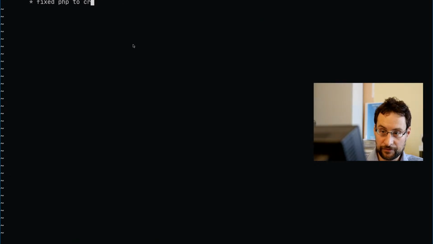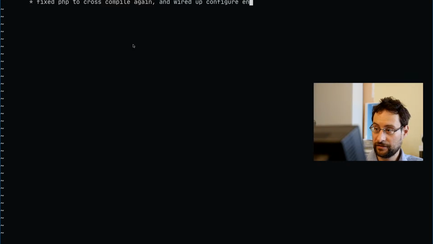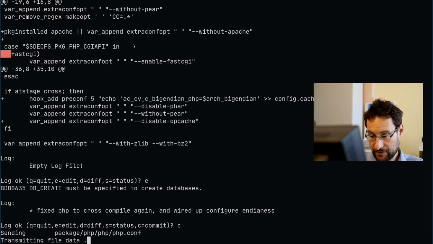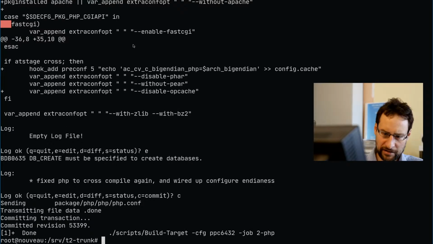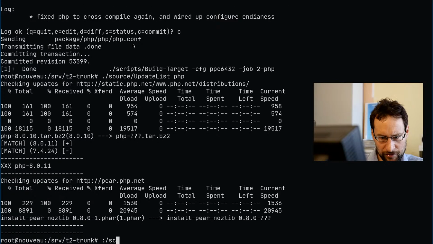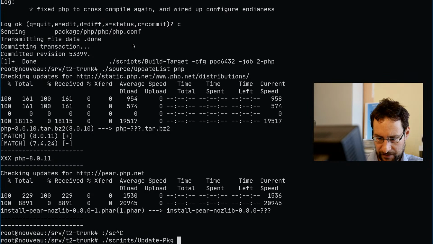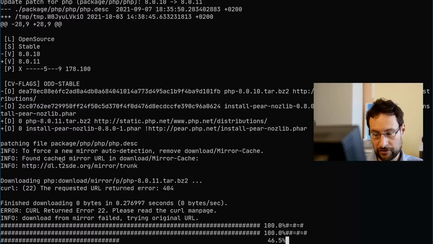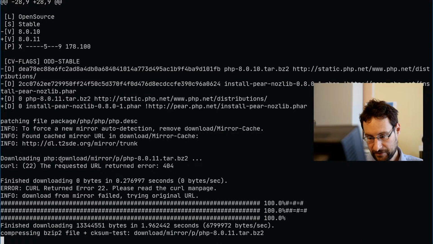We probably simply commit that: PHP, fixed PHP to cross compile again and detect, either detect or wire configure and DNS. Not sure if it's used, there's some, I could grab that, but in any case better to wire that up than not. Let's see, there might be a new version, at least that is what I normally would expect, and let's hope they better fixed support for the latest OpenSSL version, because that I wrote out there. Okay, this is not that much newer. Let's see what happens with that version.